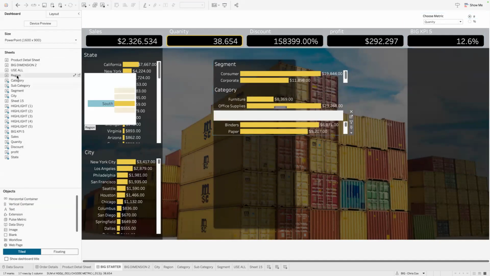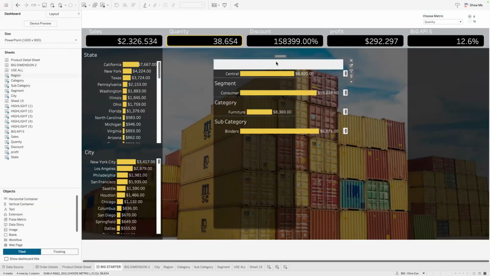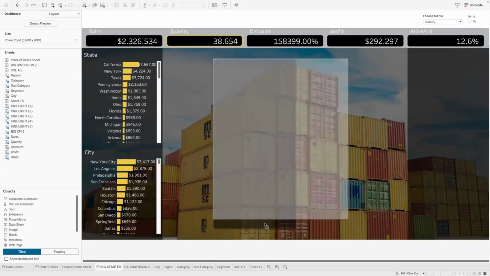We also had region. Maybe these are not that big. Let's throw them all in there. And I probably should have done the same thing for my other one as well. Let's just see how this fits.